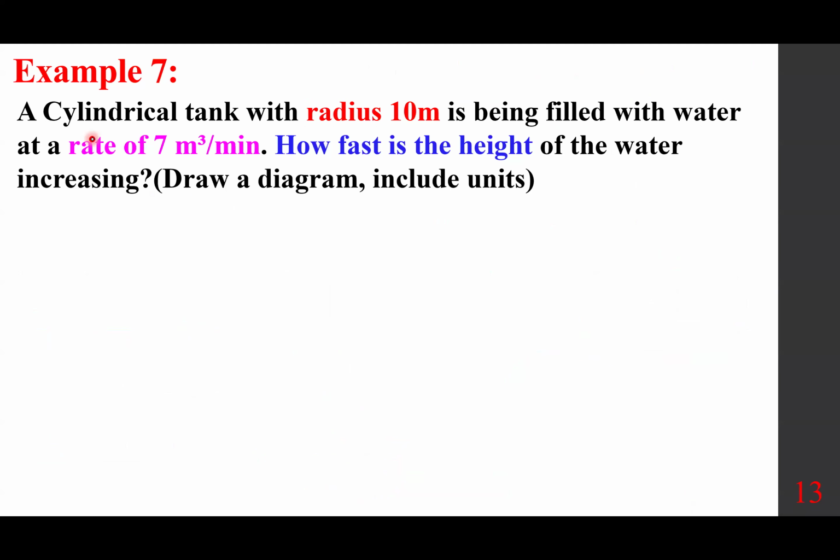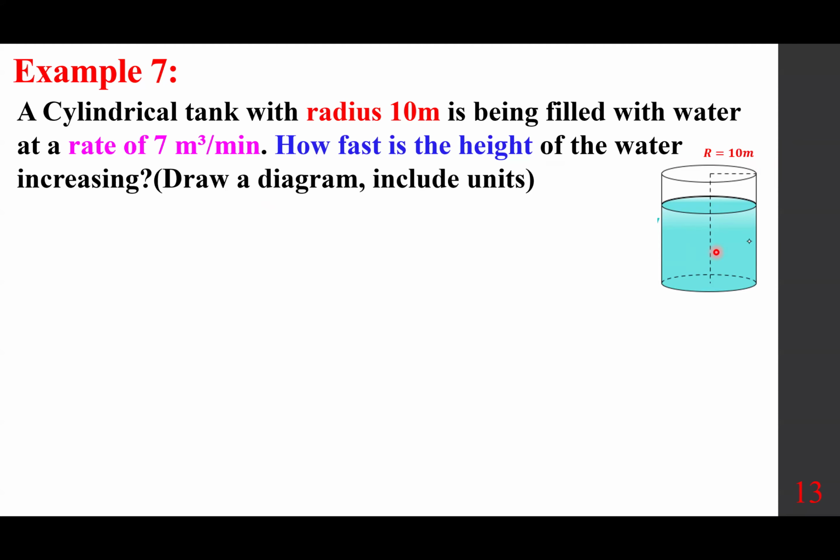A cylindrical tank with radius of 10 meters is being filled with water at a rate of 7 cubic meters per minute. How fast is the height of the water increasing? Draw a diagram, include units. So obviously it's a cylindrical shape. Here's the radius, which is fixed at 10 meters, okay? And the water is just moving. In this case,